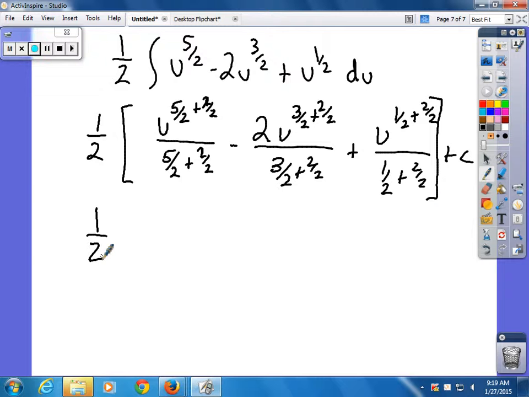One half times 5/2. That's what, 7/2, which is 2/7. 2/7 u to the 7/2 minus 5/2, which is 2/3. I'm sorry, 2/5. Right? 2/5 times 2, which is 4/5. I'm trying to save a little bit of space here. 4/5 u to the 5/2